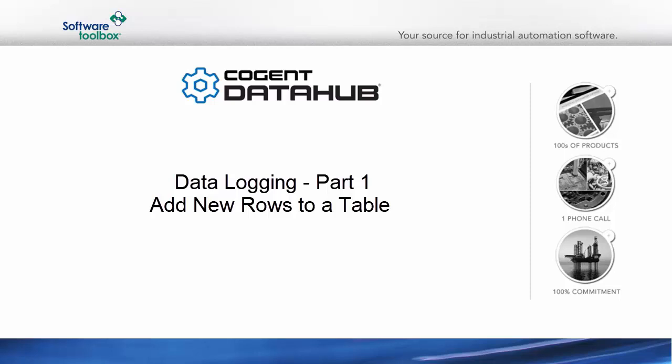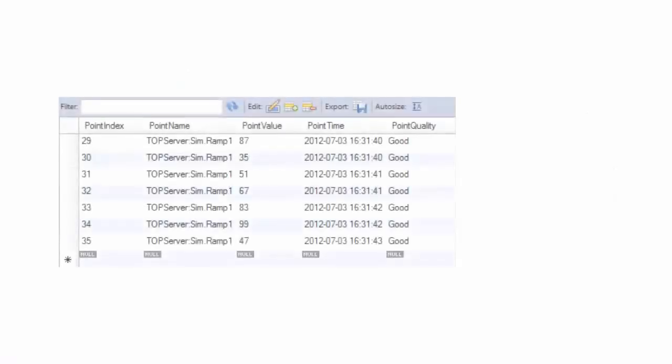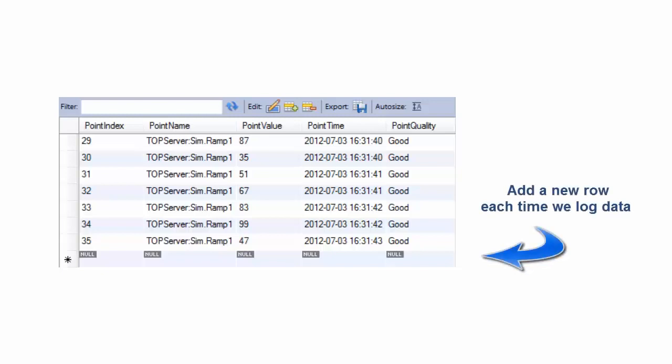Hello, this is the first of two videos on how to configure data logging in the Cogent DataHub. In this first video, we'll use the DataHub to create a new database table, and then we'll configure the DataHub to write a new row to the table each time we log data. This is the most common configuration, and it's useful for storing historical data that can be analyzed by other database